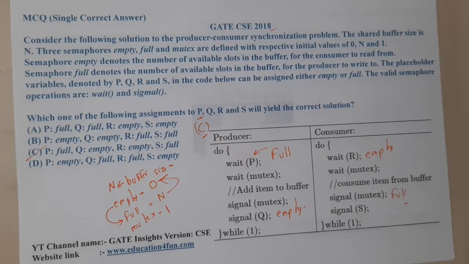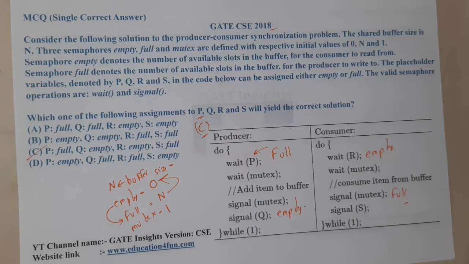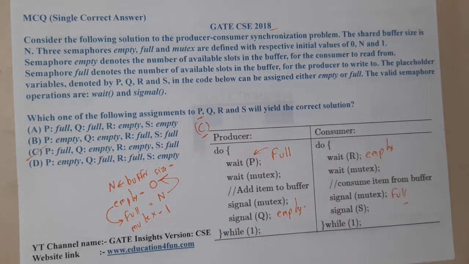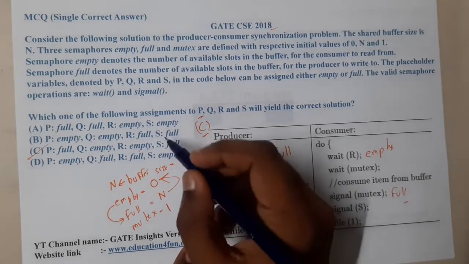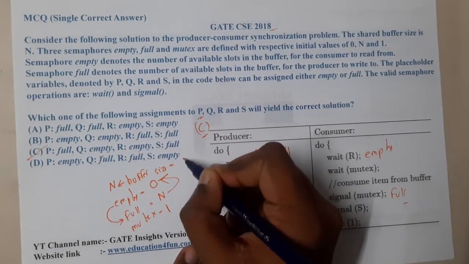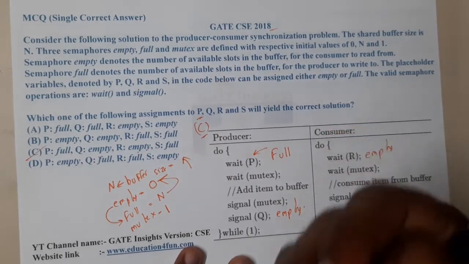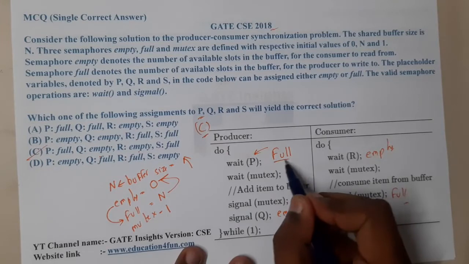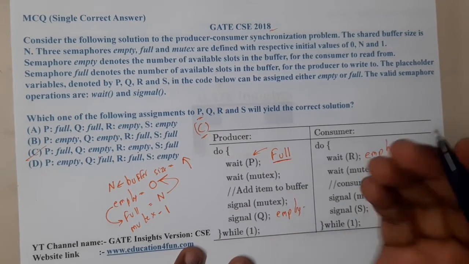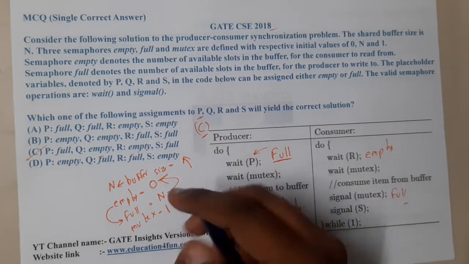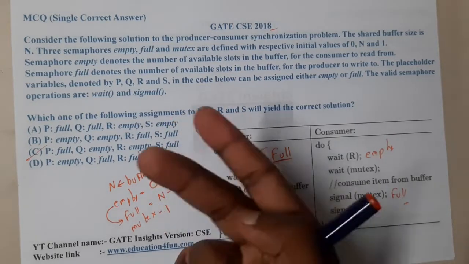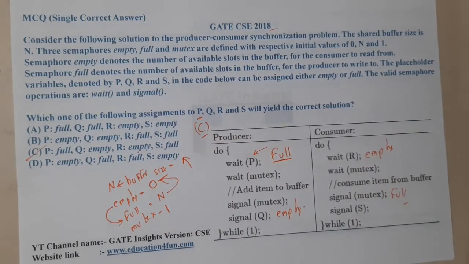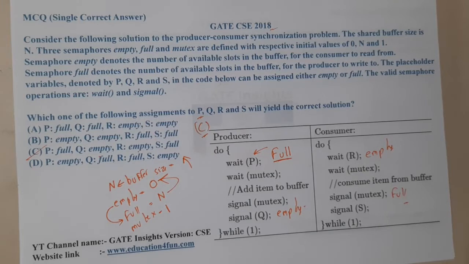In the next lecture, let us continue with the next question. And remember the most important thing: if you blindly remembered the code, you would have kept the answer as D. According to the definitions we learnt in our books, full indicates the number of slots which are full. But here they are saying how many slots are empty. So the terminology is reversed here. Please concentrate while reading the question. I hope everyone got a clear idea with respect to this question.